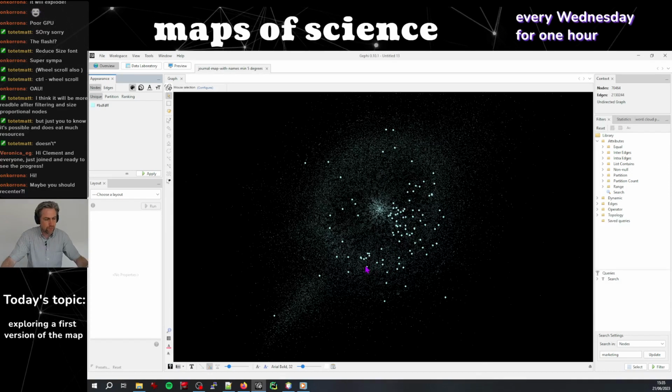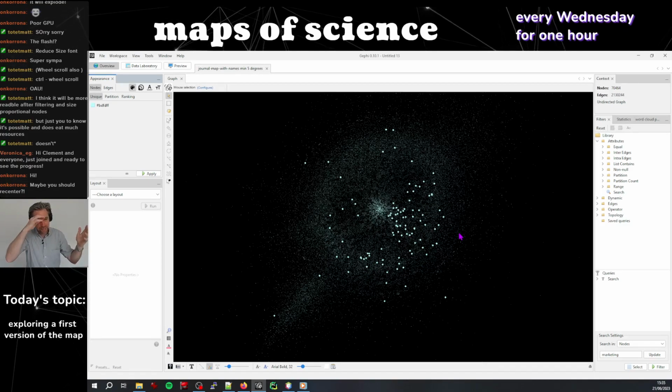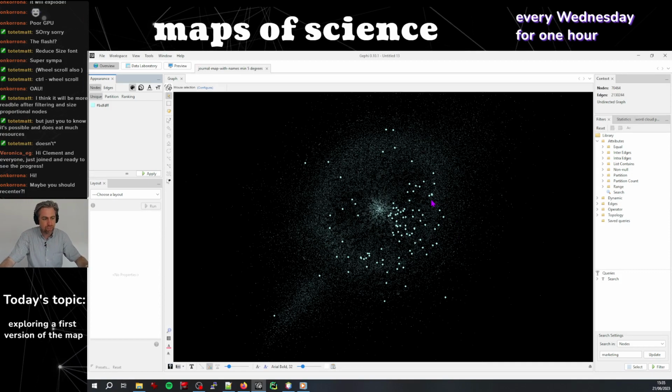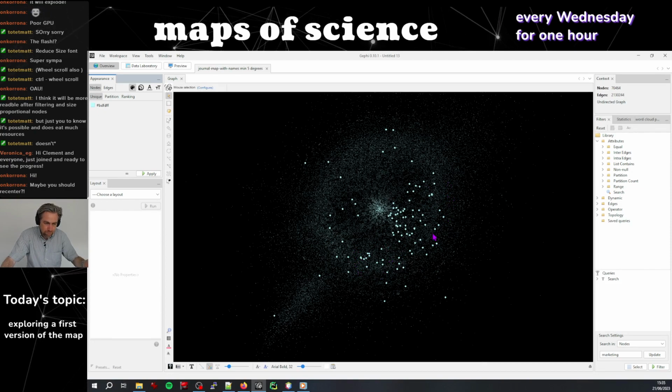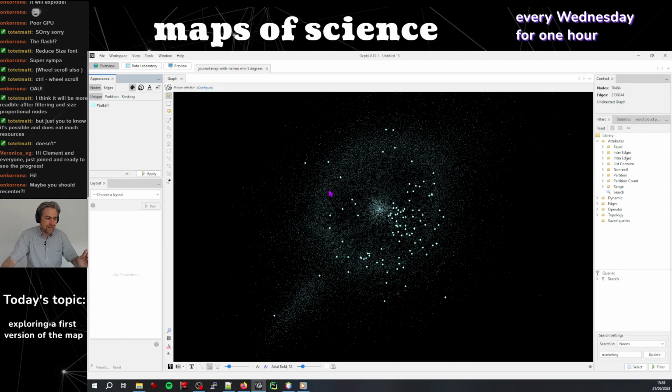I just wanted to see whether they are meaningfully regrouped in one part of this atlas, or whether they are a bit scattered everywhere. The sad news is that it's not regrouped in a particular region. It is a bit, right? We see that we have this hemisphere or this region as compared to this one, which is not empty of marketing journals, but almost. But it's not tightly grouped as I would expect. We're going to discuss that later, right? What are the expectations and what can we do to